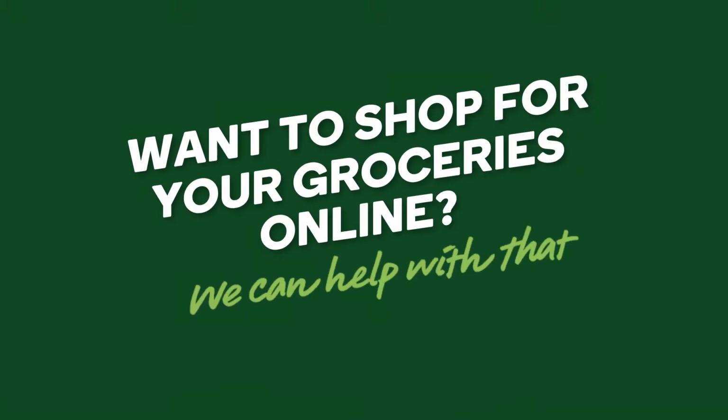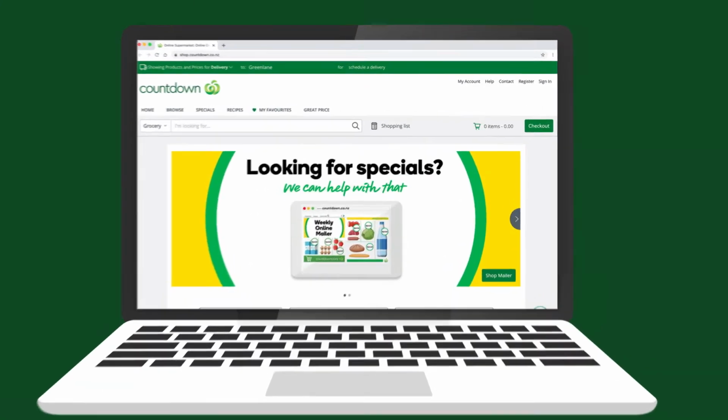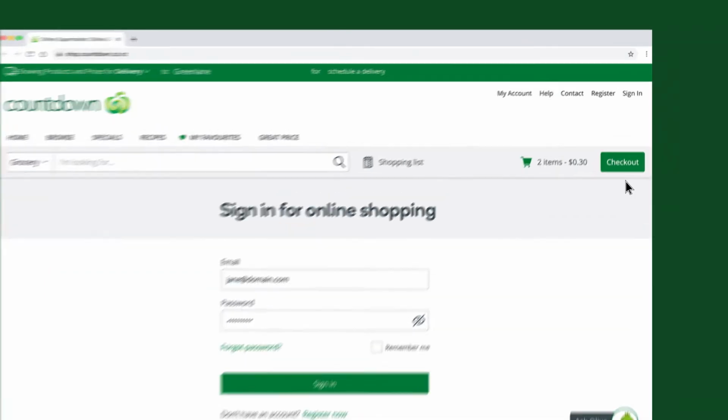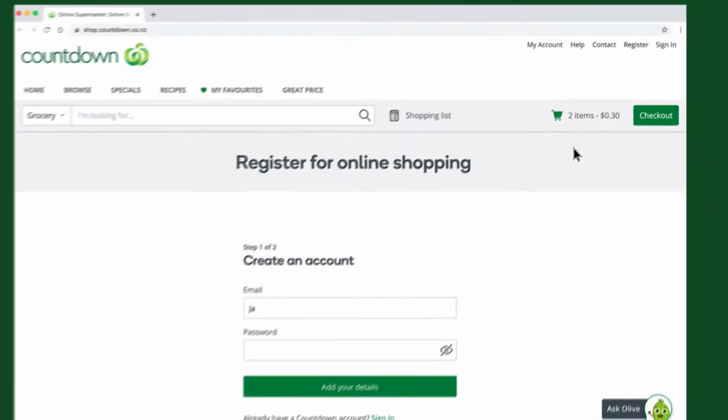Shopping with Countdown online is easy. Just visit shop.countdown.co.nz on your mobile, tablet or computer. Sign in with your Countdown online shopping account, or if you don't have one, just click on Register and follow